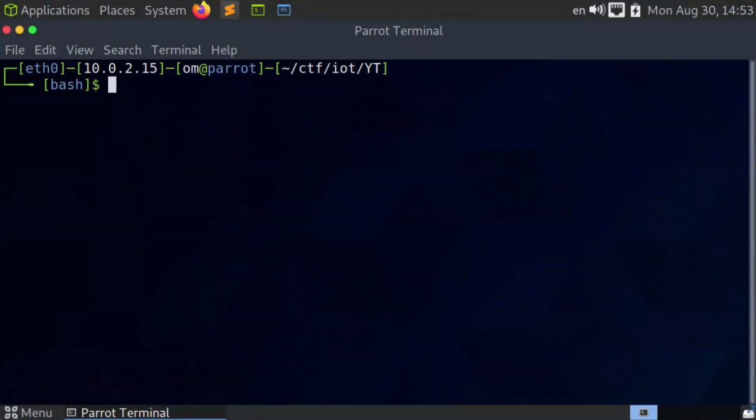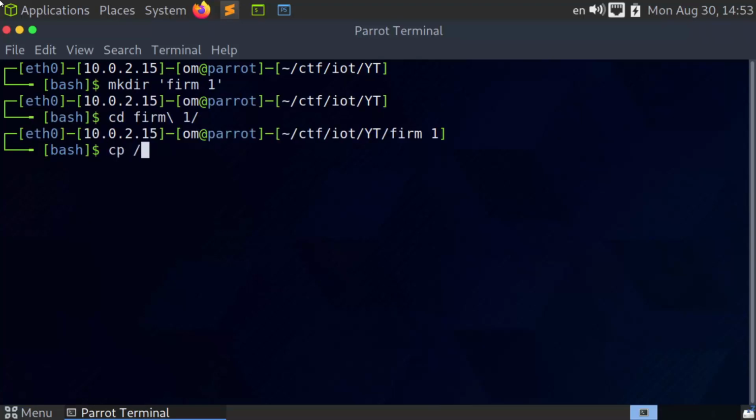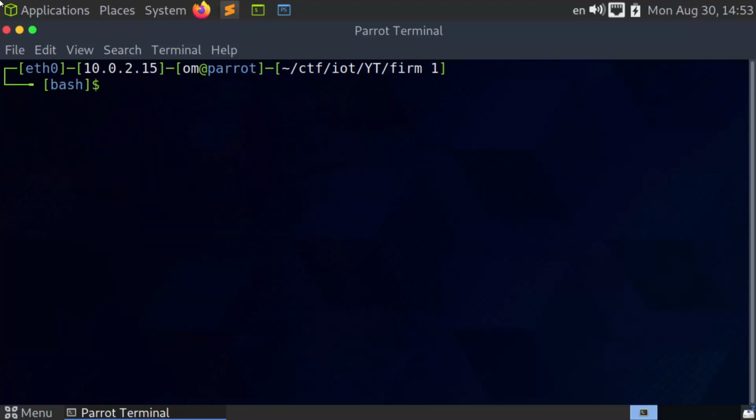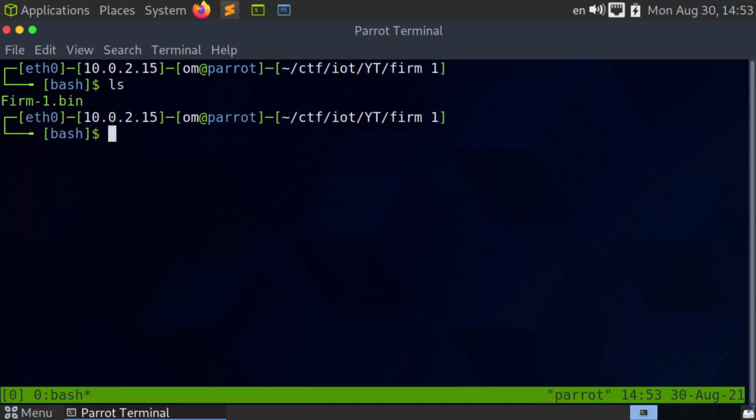I already have the file downloaded and I can simply copy it into my current directory. And now we can begin trying to identify the kernel version and the password, which is what we need to complete this challenge. So we have this firm1.bin,